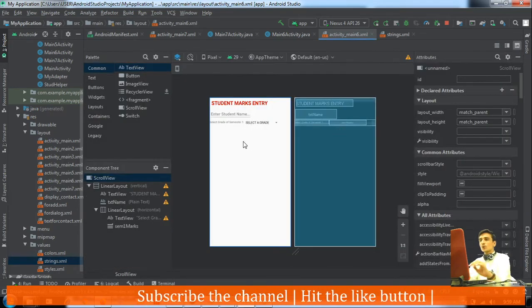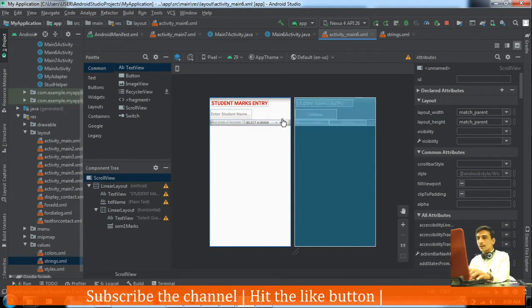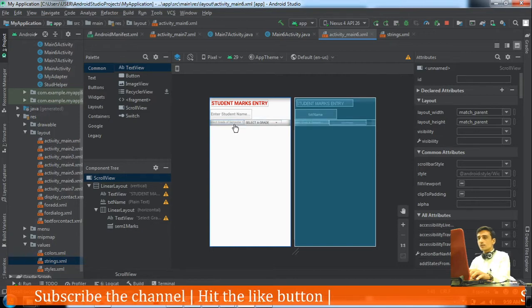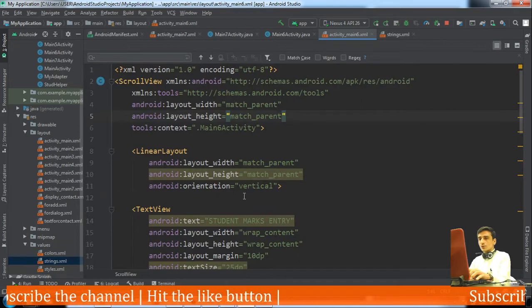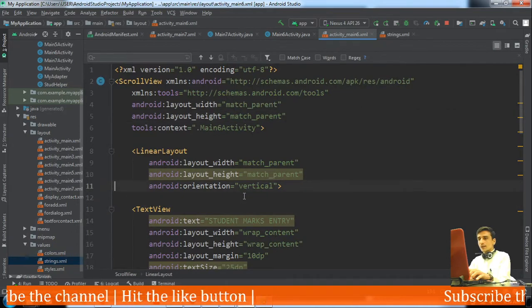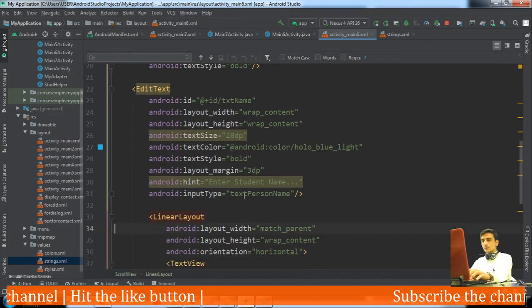So enter student name, then select grade, select grade for sem 1 grade. Okay, so here we should set the margin also in the nested linear layout.